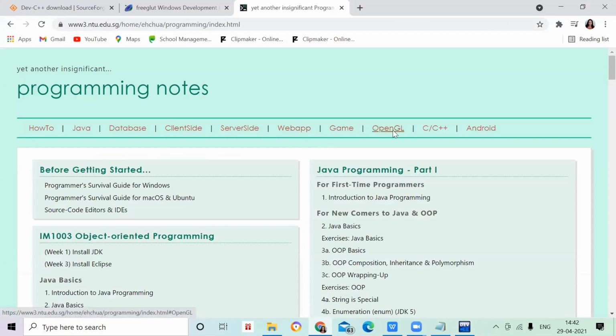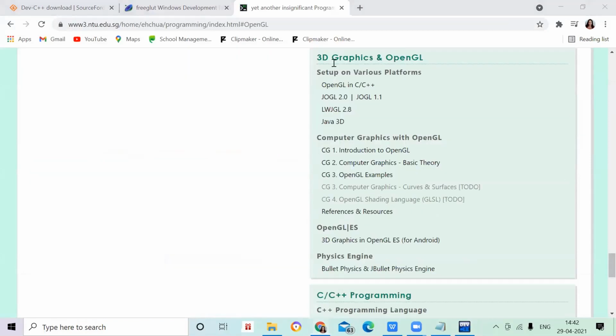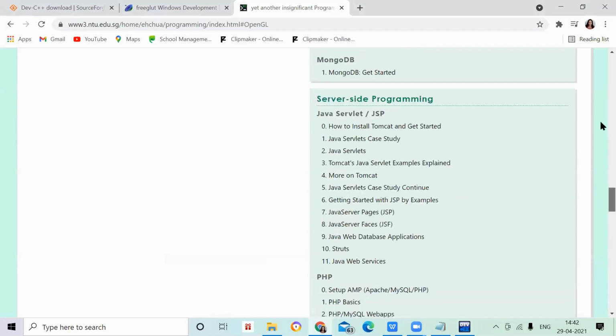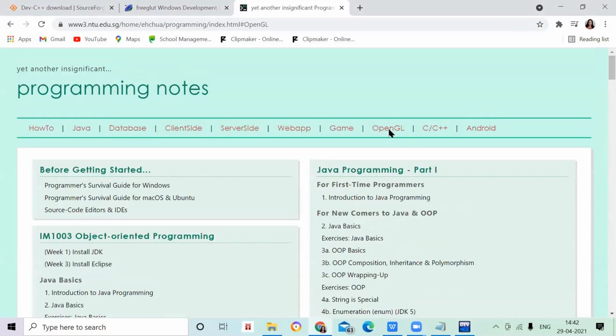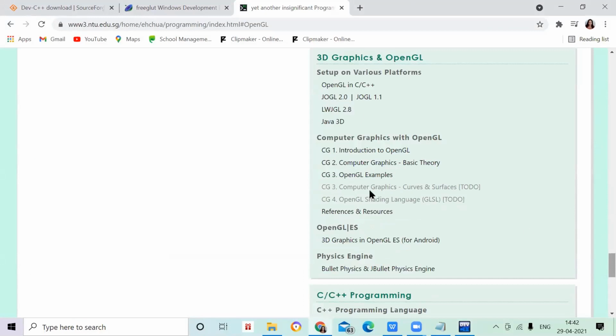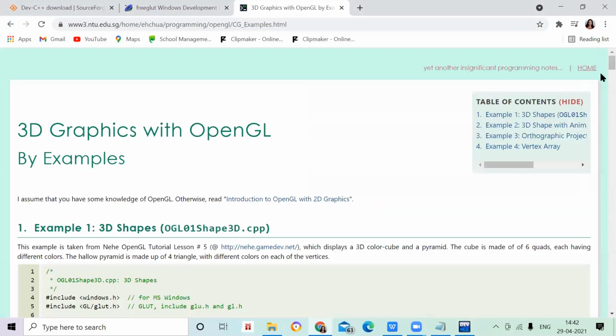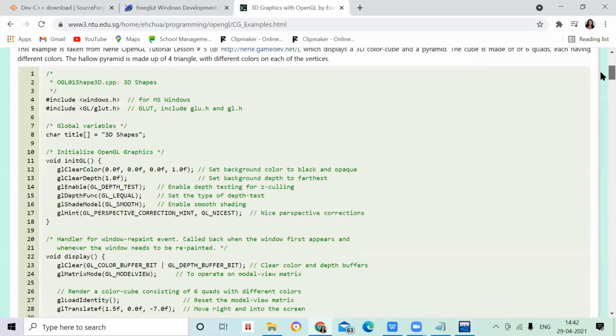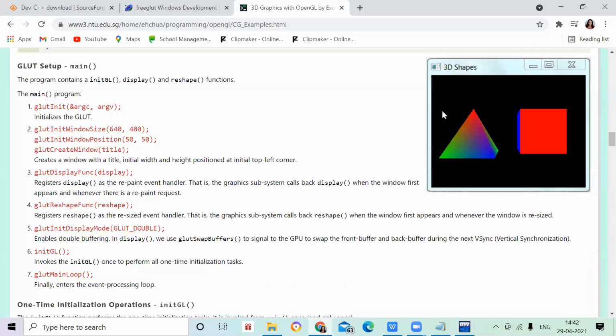So go to the OpenGL programs. If I click on introduction to OpenGL or some OpenGL examples, you can have a lot of programs here. This program only I ran and showed you just now.